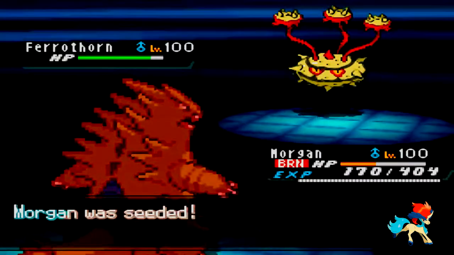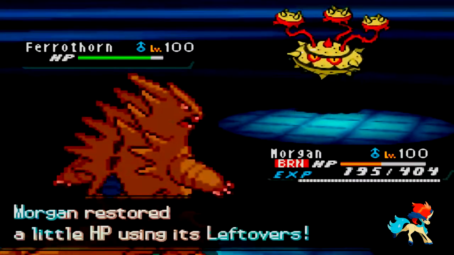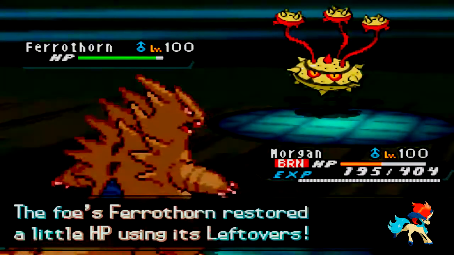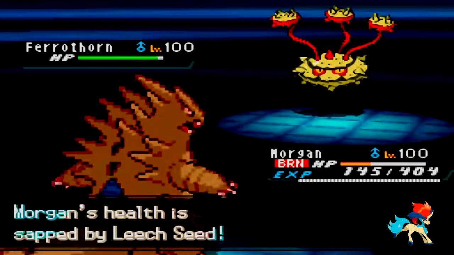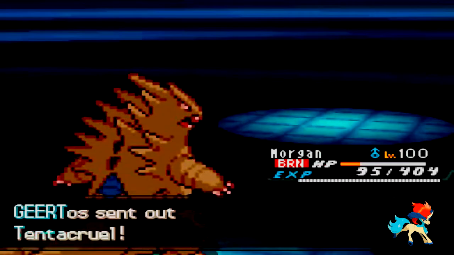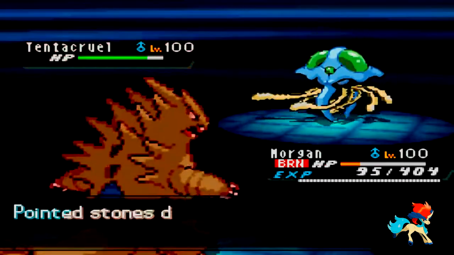T-Tar. Now I know this thing's burned, but at the same time I just want to basically bring it in and use it as a pivot so that I could double switch out to Rotom, hopefully to catch the Tentacruel coming in. So I think that's what I end up doing here. That would have been the plan. So he's going to withdraw his Ferrothorn here and go out to Tentacruel, and here I should have either doubled